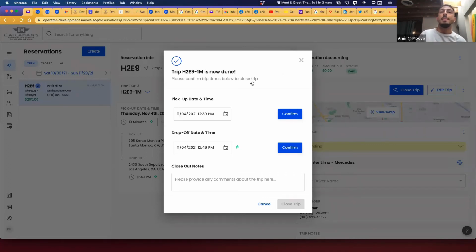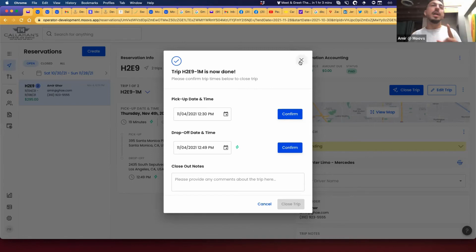This is extremely helpful for wait time. A couple things are happening here. It's pulling a pickup date and time and the drop off date and time of what was originally input by the customer. Now, whether it's you or you have a team that closes out these trips, you'll confirm, let's say, the pickup date and time and the drop off date and time, right? What's going to be more powerful here is when the drivers are actually running this.